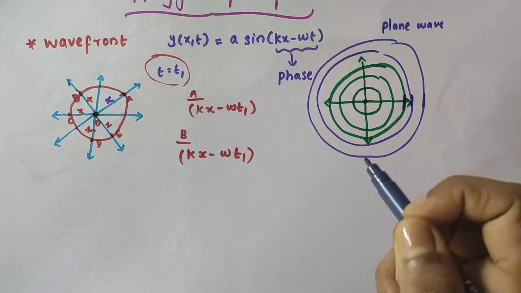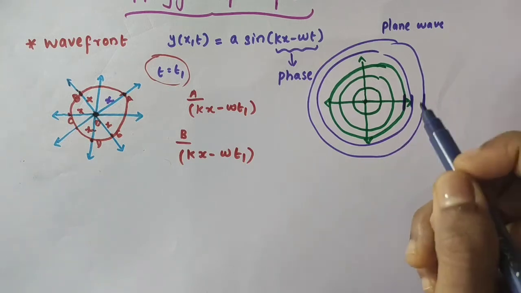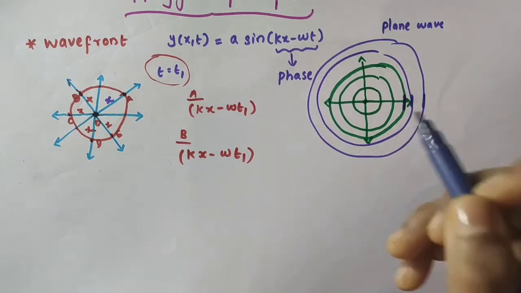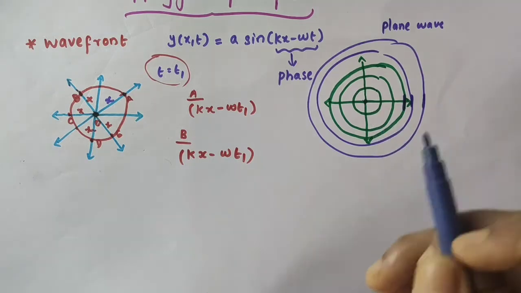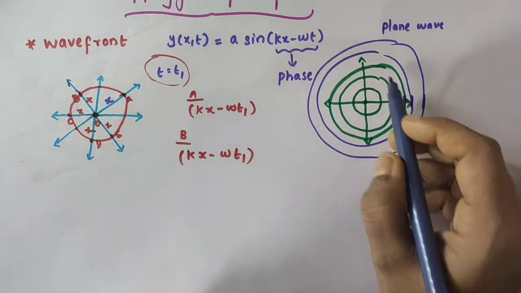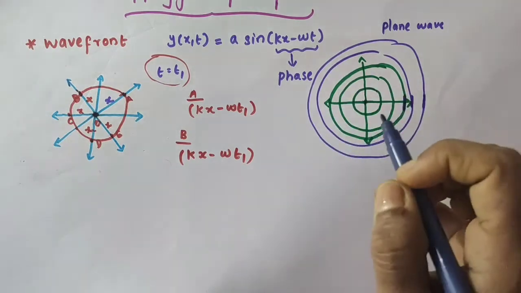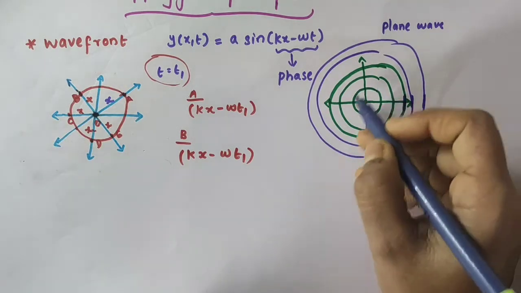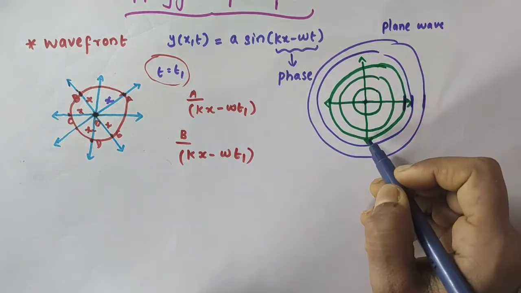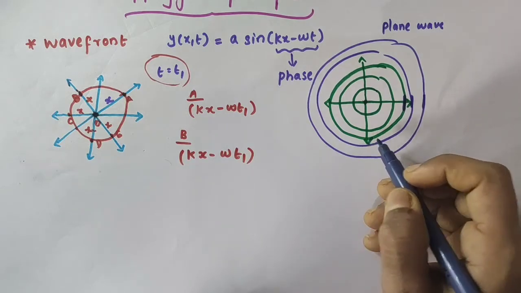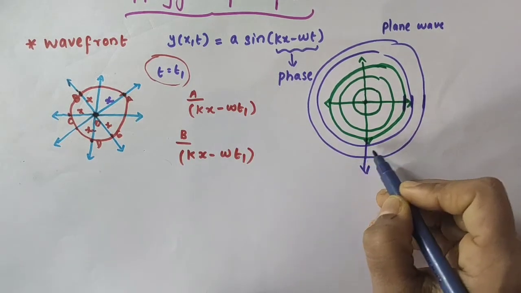That is, the direction of propagation of the wave is perpendicular to the wavefront, or we can say that the direction of the rays of light will be perpendicular to the wavefront. So these are actually the wavefronts or the waves. If we draw, these are actually concentric wavefronts. So if you want to get the direction of that ray of light, it will be perpendicular to that wavefront.